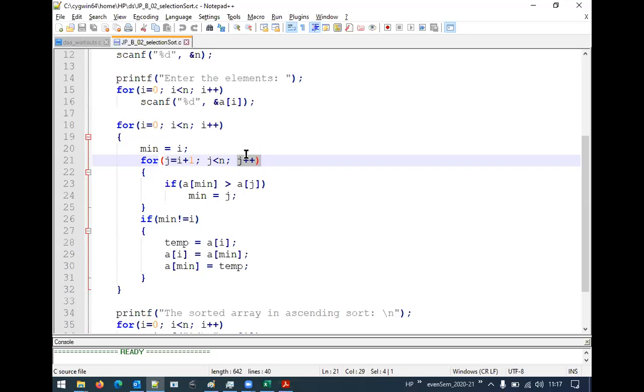Again condition. I think you have forgotten the working of a for loop. Initialization, condition, its body, come back and then look for the counter, that is either increment or decrement. After that, go back to the condition. If the condition is true, execute its body, then come back to the counter, look for the condition. If the condition is false, skip all the body, go to the next. Correct? Now that means after j plus plus, it will go back to j less than n.